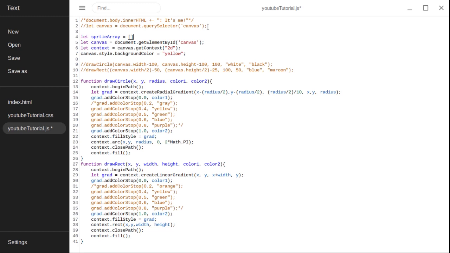So let sprite array equal the square brackets. That's open and close square brackets. That means an array where we can put objects. And here I'm fixing it now. So now that we have an array in which to put our objects, we have to actually define an object to put in there. And that's not going to be hard. I like to put it at the top above all my functions. So down here, above your function,